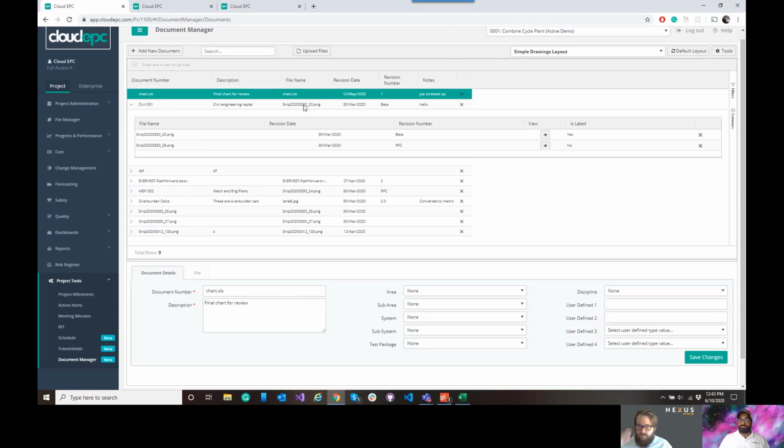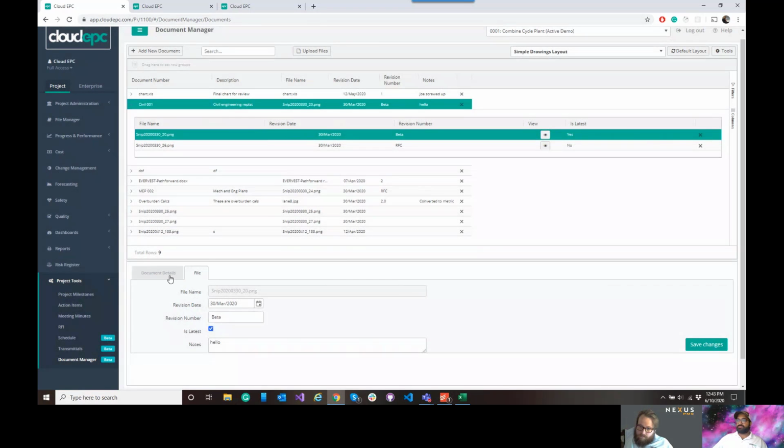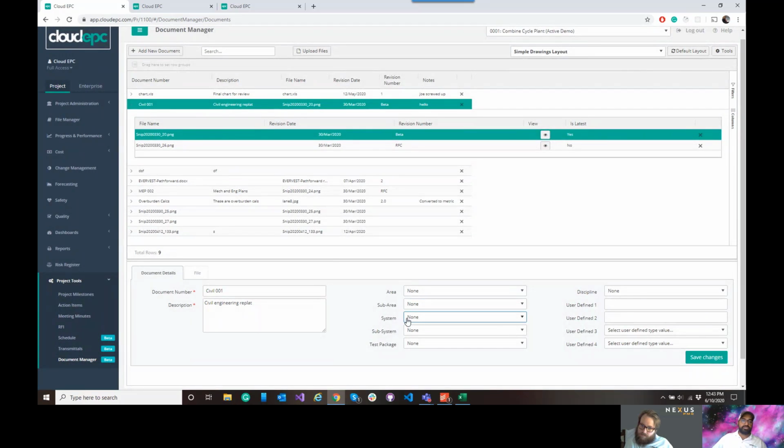So maybe it was DWG-001-Rev-A, and you're managing the drawings as DWG-001. You have the ability on import to remap it to DWG-001 without losing that Rev-A. You can then code your revision numbers and any other information that you need, such as a description. You can code it to an area, a sub-area, a test package, user defined, a lot of the same fields